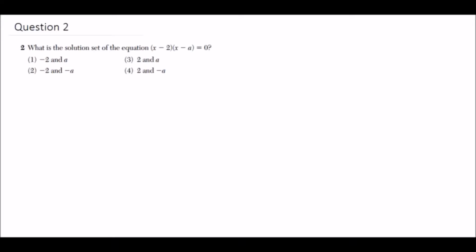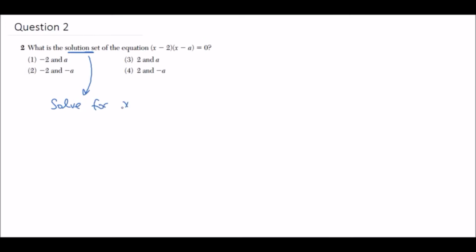This is question 2 from the January 2017 Algebra 1 Common Core Regents exam. And the question reads, what is the solution set of the equation (x minus 2)(x minus a) is equal to 0? When it's asking us for the solution set, that literally means solve for x, or whatever the